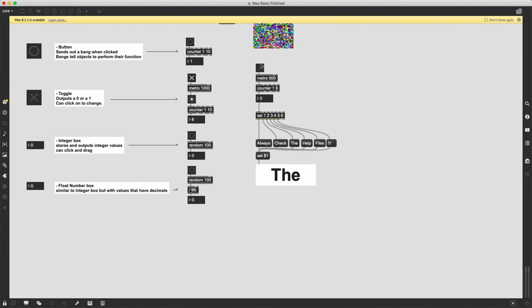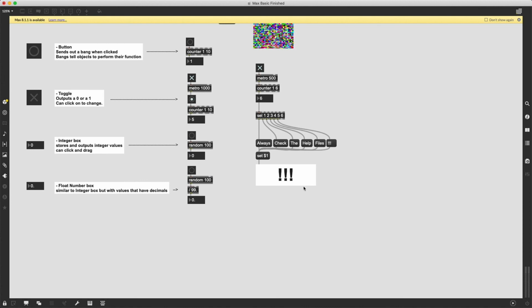So let's go ahead and do that. My patch is locked. I click on the Metro, and there it goes. It's counting. Always check the help files. Bam. Always check the help files. Bam. Okay, cool. That could be a very fun, useful code. I had fun building it. I hope that reminds you very much to always check the help files, because I cannot emphasize how important that is for getting started in Max